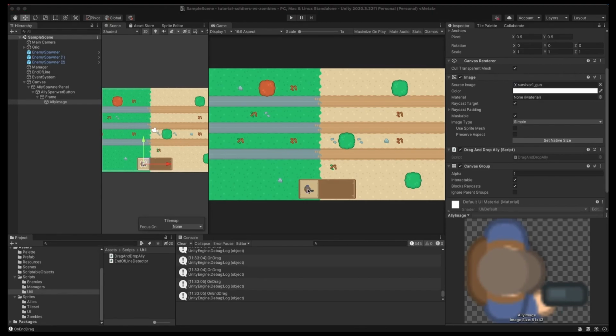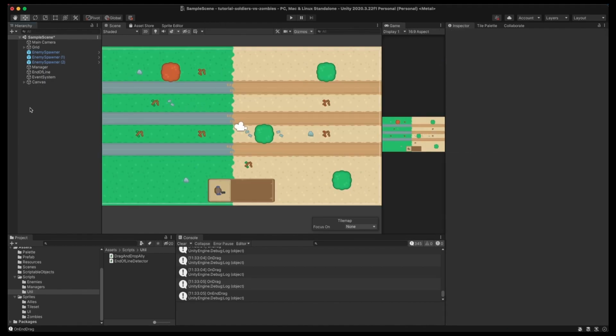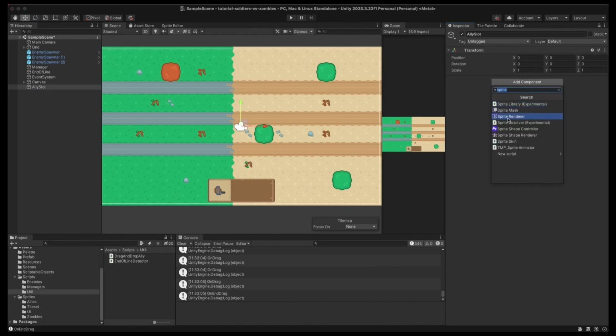Now, let's set the positions where the ally can be instantiated, and in our case, it should be only on the roads. To set the position where they can be dropped, let's create an object called ally slot. Let me reset the object position. You know, guys, it is a good practice to reset the object position when a new object has been created in the scene. The benefit of doing this is to guarantee that Unity does not mess with the Z position